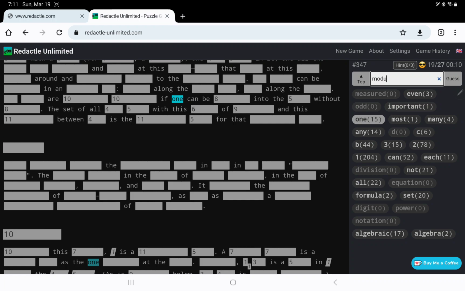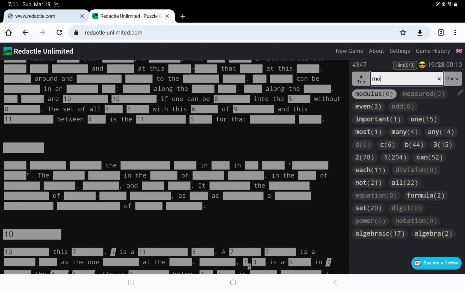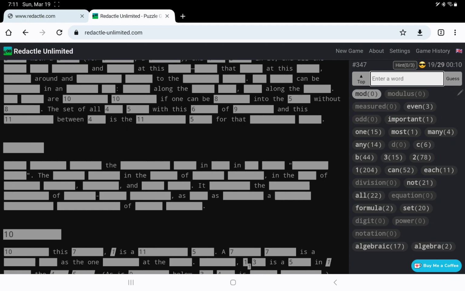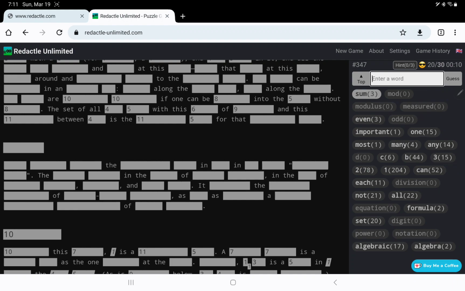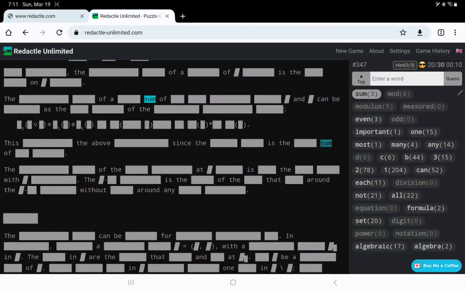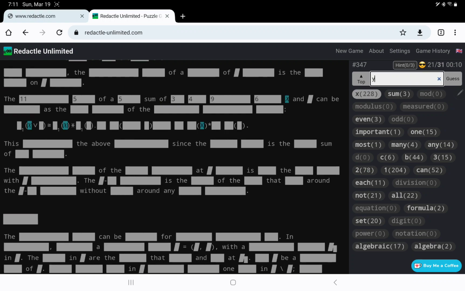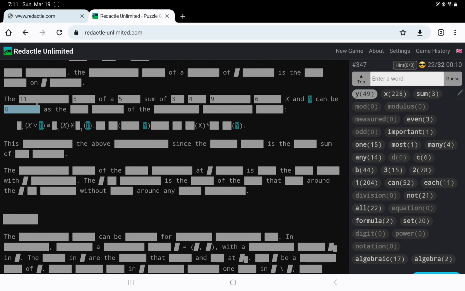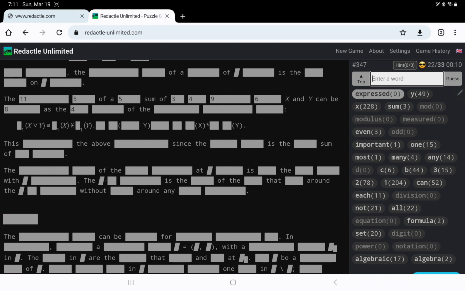The modulus. How about mod? No. Sum. The 11.5 of a 5 sum of 3, 4, 9, 6. How about good old x and y? Yes. Can be expressed. No, that's 9 letters. Can be something